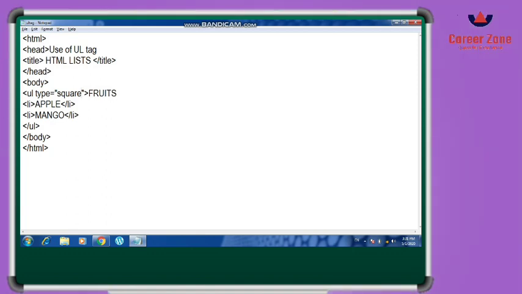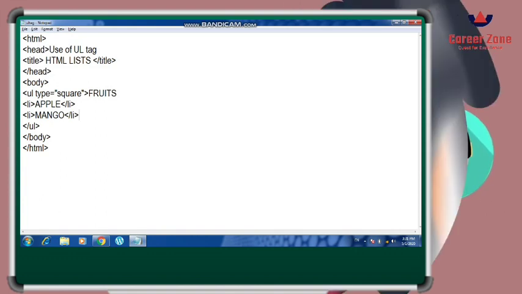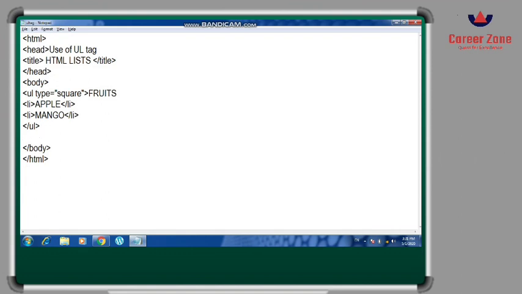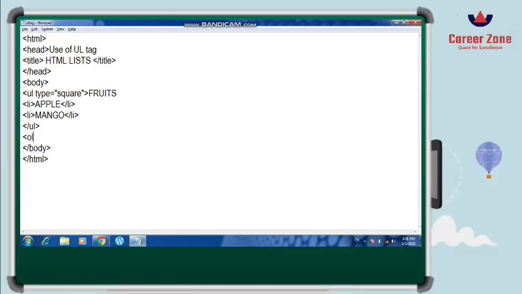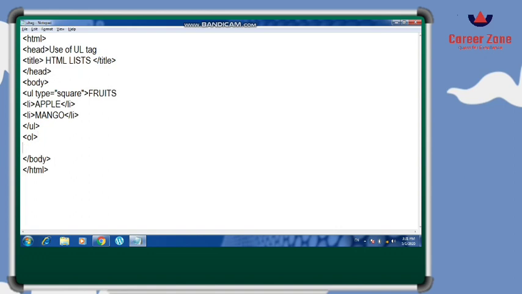So if you want to create an ordered list afresh, you can erase this, but I am going to create it here only so that you can see the difference. OL tag, and here I will again write the list. Let me write the heading.